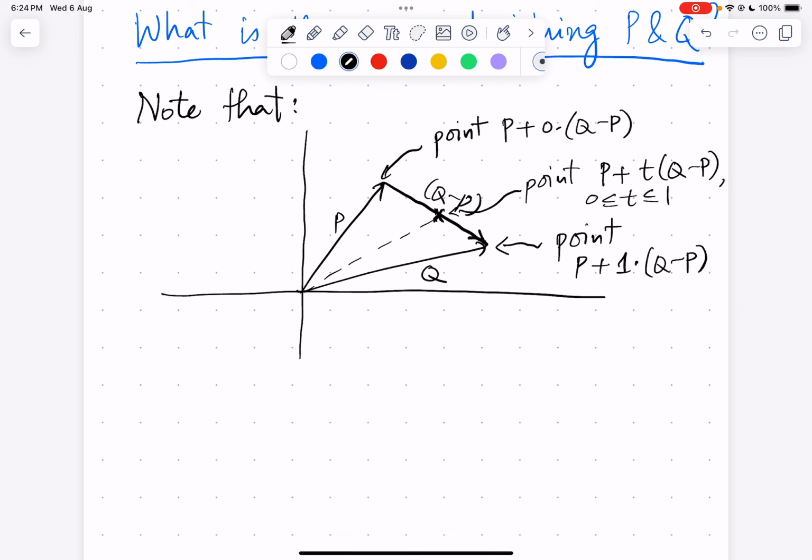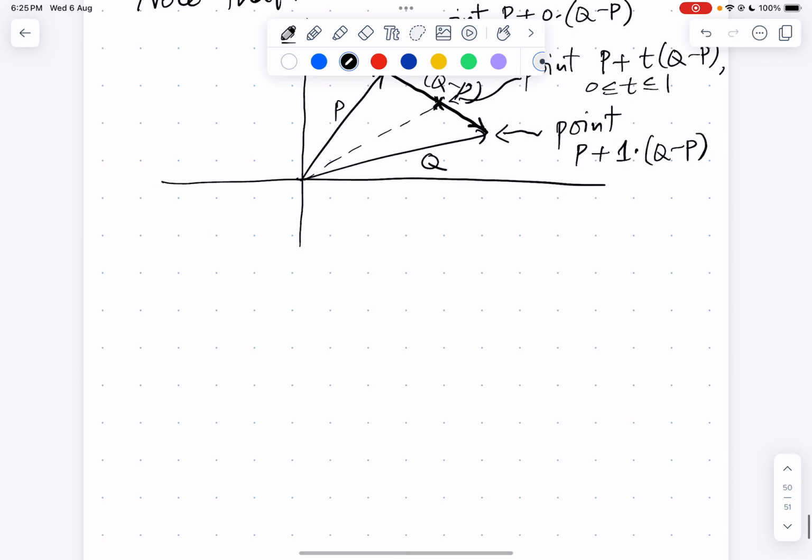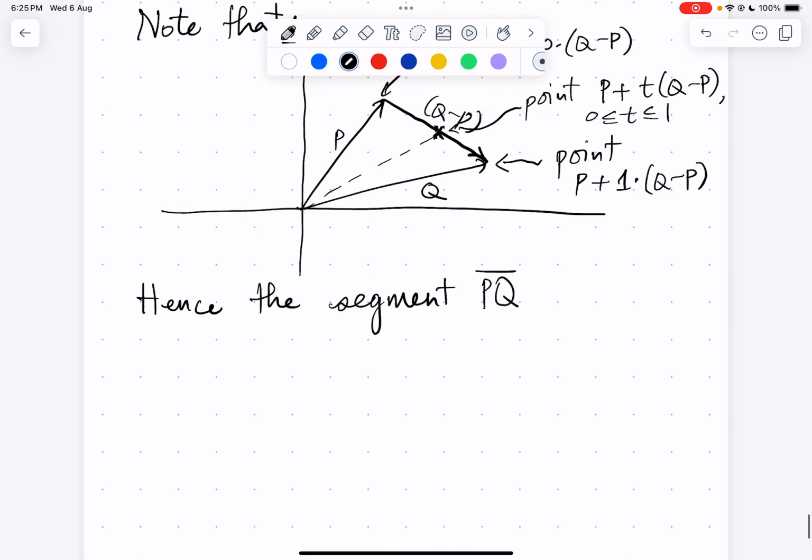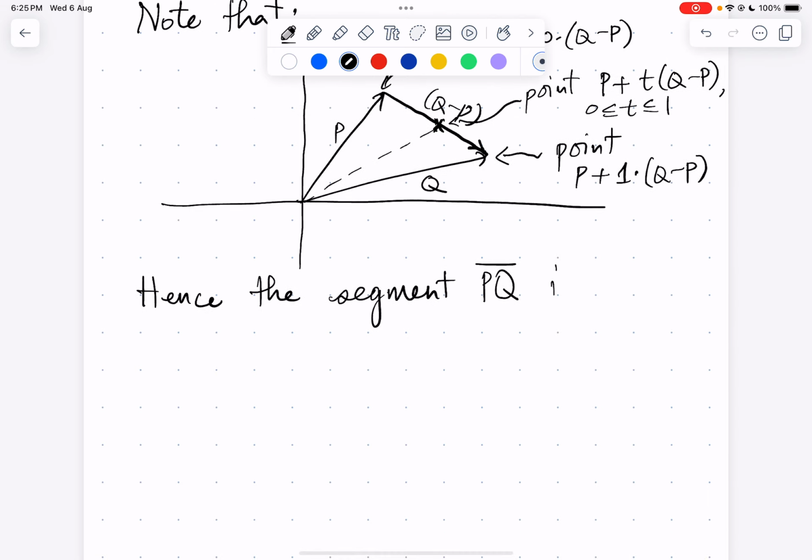So P plus a multiple of Q minus P, where that scalar with which you are multiplying is between 0 and 1. Any such point will lie on this segment joining points P and Q. Hence the segment PQ is just the collection of points. Intuitively we see that the segment PQ is the collection of points